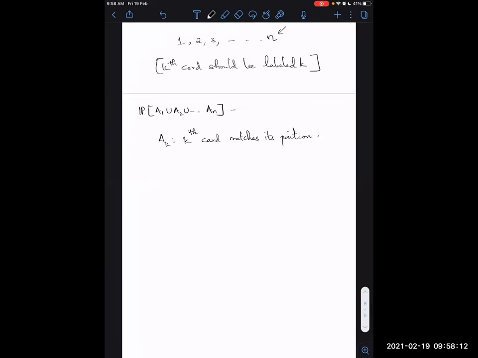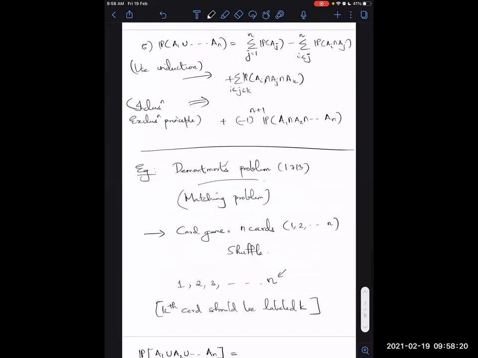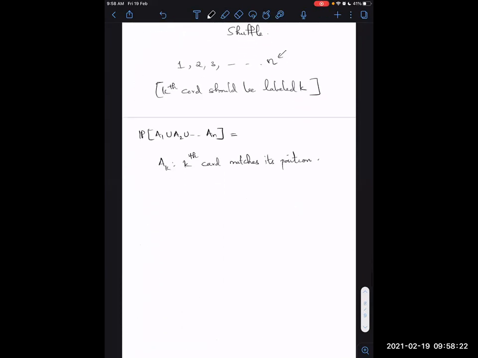So here we would use a lot of symmetry in the problem. And if you look at the formula above, it's just adding up the probabilities of the individual events first. So this is just a sigma of the probabilities of the Ai's. So what you need to start with is the probability that Ai happens. What is the probability of Ak? Can someone tell me what this is for any card? Someone has said 1 over n. That's absolutely right.